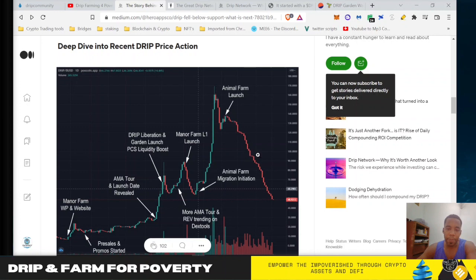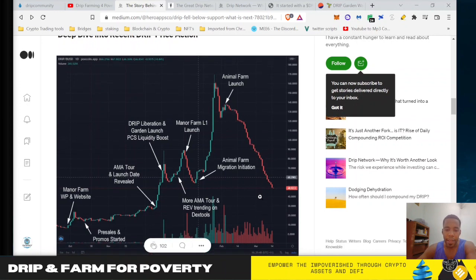Then we had the piggy bank, which was put in around here somewhere. And that had, I guess it was actually here, March 14th, about 2 weeks ago. That had issues with the botting and all that. So it just caused now the token to continue to drop. It's sitting around the high 30s now. But the point I'm getting at in this chart is that anytime there's a new project coming out, people take profits on it. So that's what we're in right now.